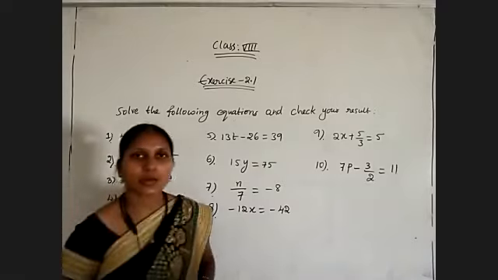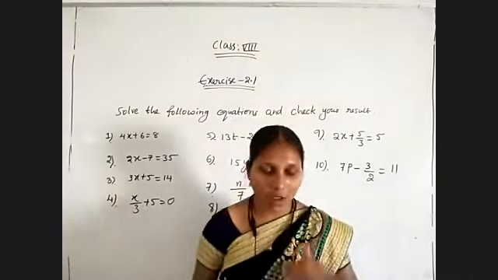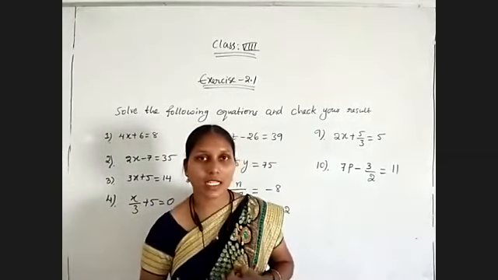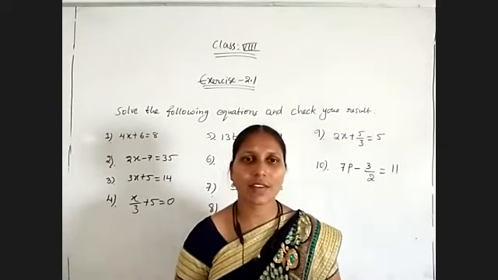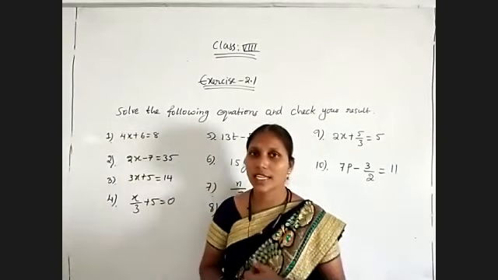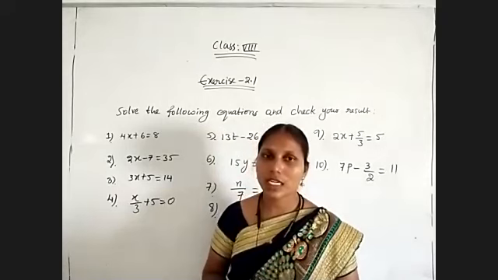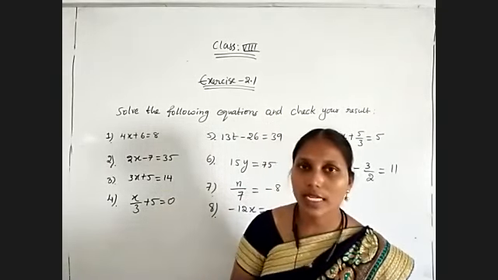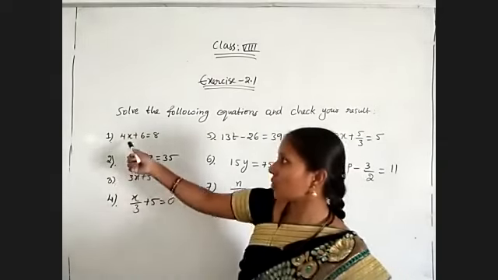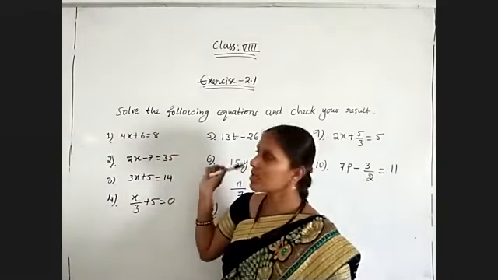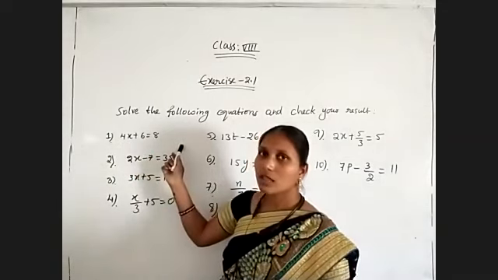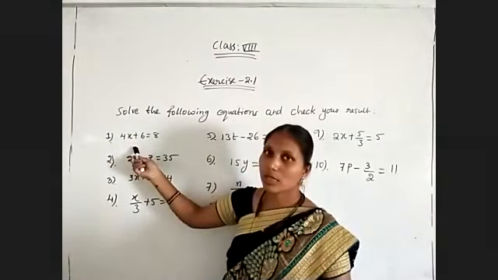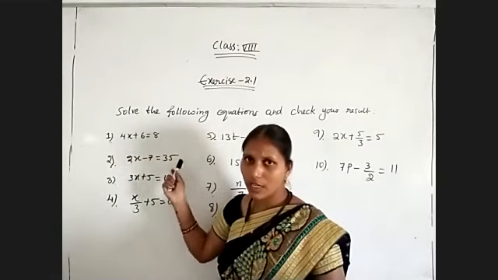Okay, here we need to remember some topics that we discussed yesterday. That is, what is meant by a linear equation. The equation having degree 1 is known as a linear equation. And if the equation has degree 1 and only one variable, it is a linear equation in one variable. So consider all these examples. Every equation has degree 1 and only one variable. That's why it is a linear equation in one variable.